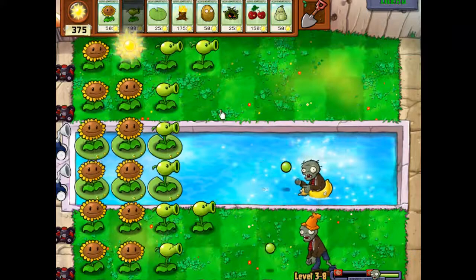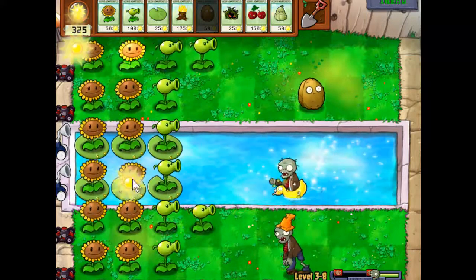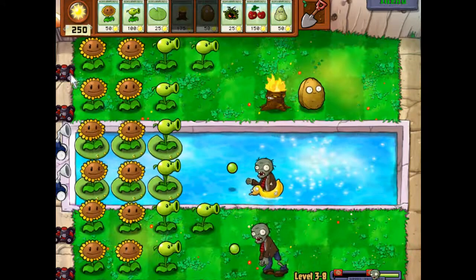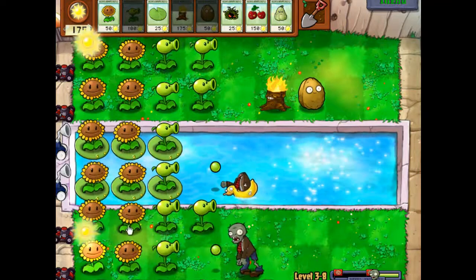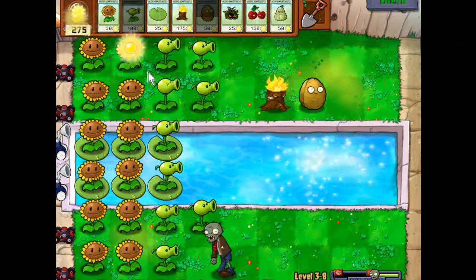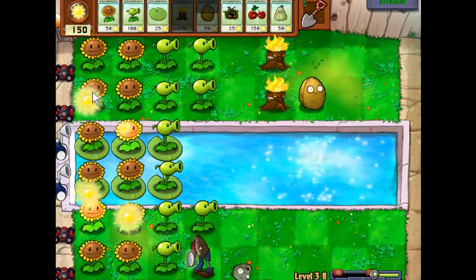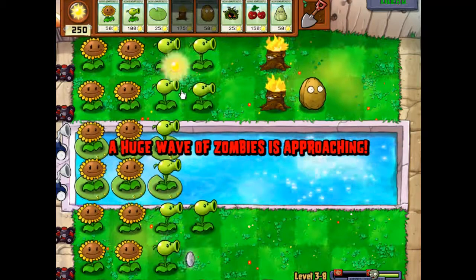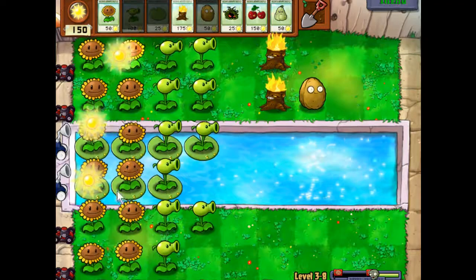So, anyways, let's begin using the torchwoods. Now, I'm going to want to put a walnut down about here, and put a torchwood right behind it. And put another pea shooter so it's more useful. And this zombie probably doesn't have a whole lot left in him. Torchwoods restore relatively quickly, but oh, this walnut does not. Well, hopefully,